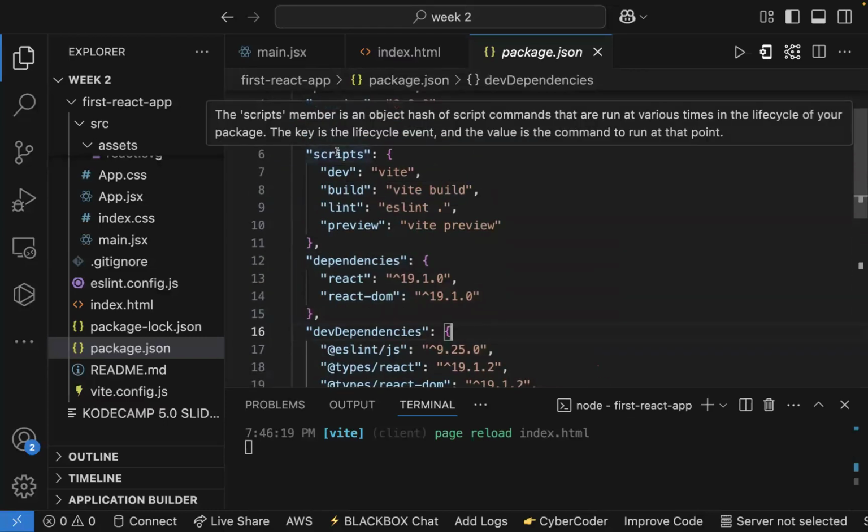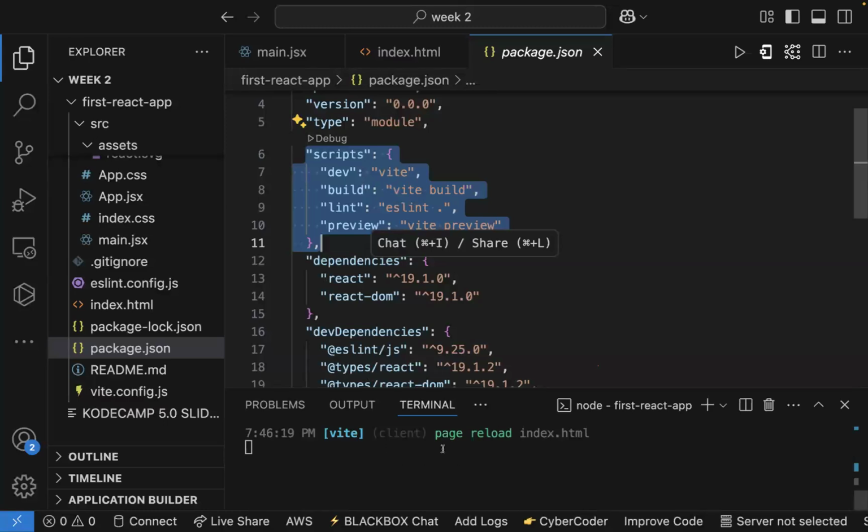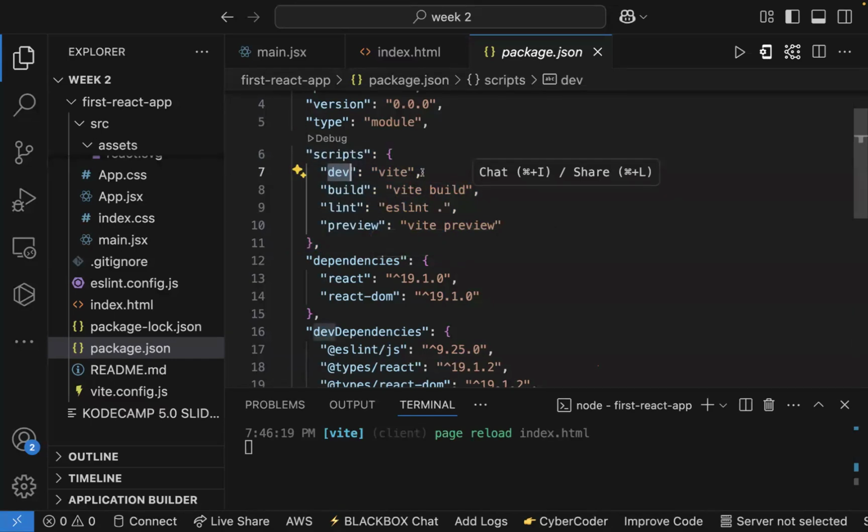Then we have the scripts, right? These scripts are the commands you use to run your application. Like you saw when I was running this application, I had to do npm run dev, right? So this was the command I was passing. If I want to build this application, I will do npm run build. If I want to,